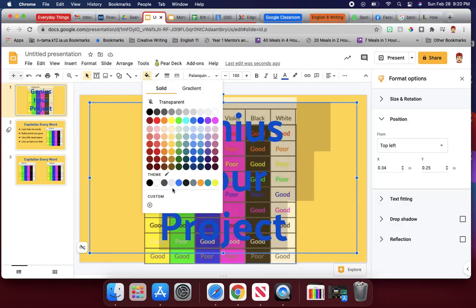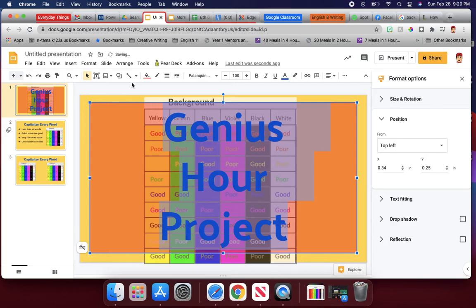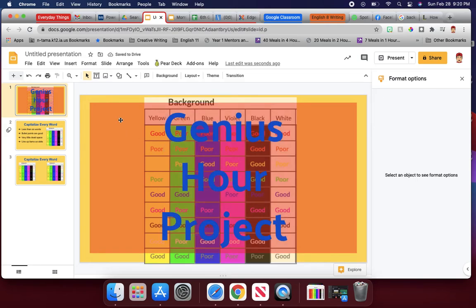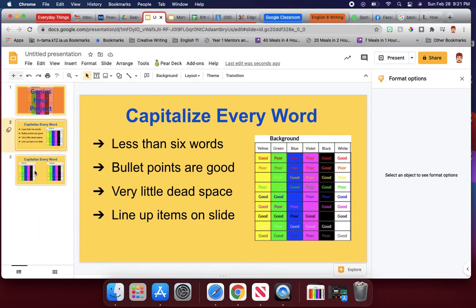And what you can do is do a custom one here. And I'll just do that one real quick, so that way you can see a little bit better. That was not a good choice, and that photo's not a good choice either. But you know what I mean, okay? So, when in doubt, just do a light color, do a dark font. That'll help you out, okay? Also, make it go on every slide so that it looks like it's one presentation,